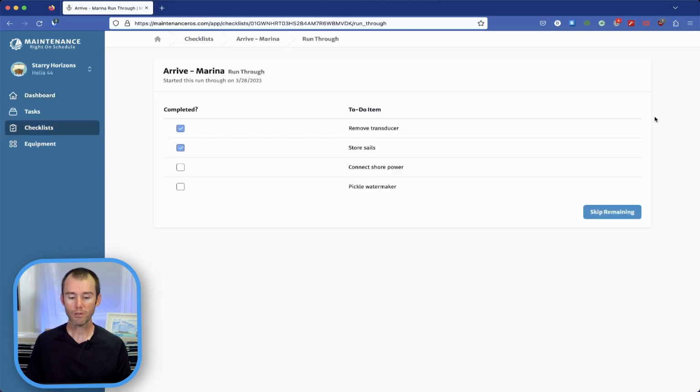Let's click on it one more time, come back through the run through. And we'll say, all right, we were really good. We got the shore power connected. And to show an example of what's going to happen, I'm going to mark that we've pickled the water maker. You'll notice that down here on the bottom right-hand side, it's changed to done. You can click that. We'll save all of those tasks as part of the history, and the checklist will be finished. For this example, I'm going to uncheck this pickle water maker, and we're going to go ahead and click